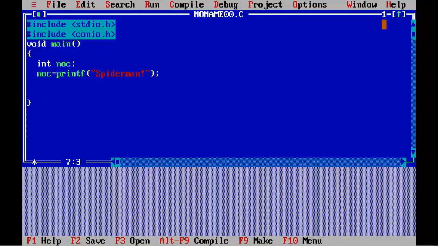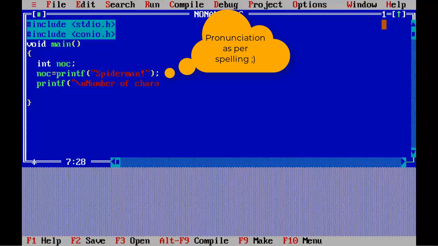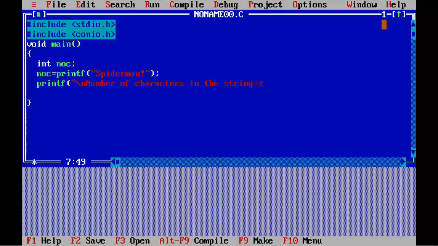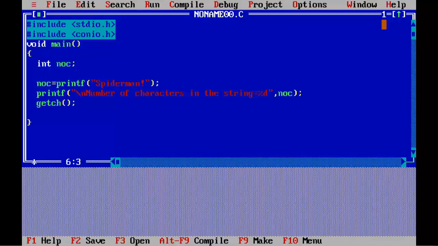Okay, printf("\nNumber of characters in the string = %d", noc); getch(); clrscr(); Okay,